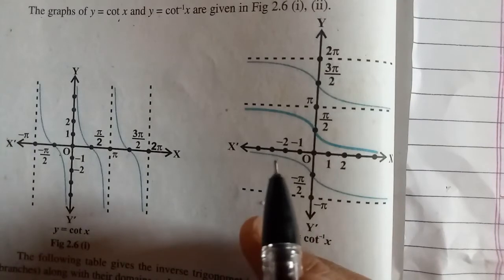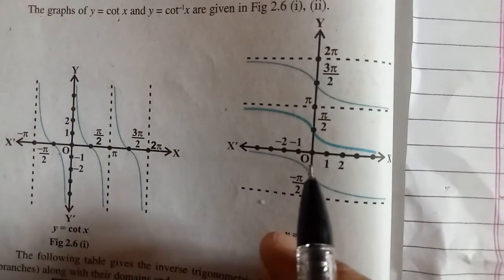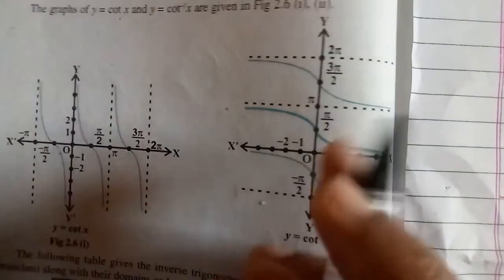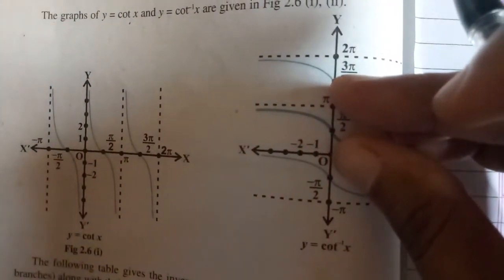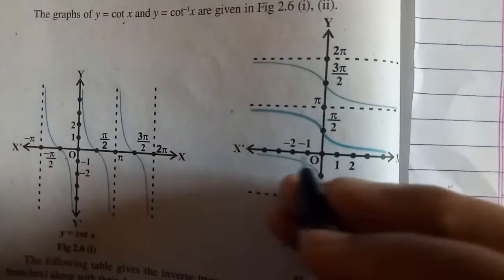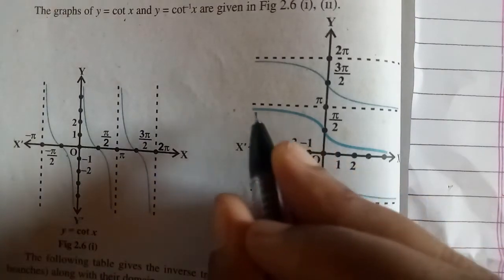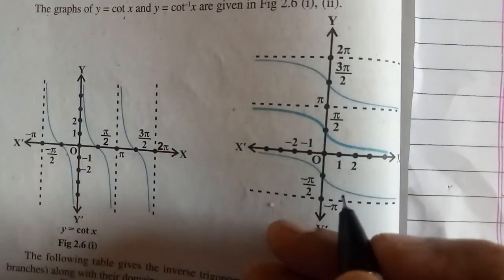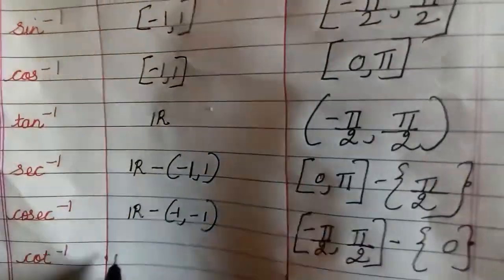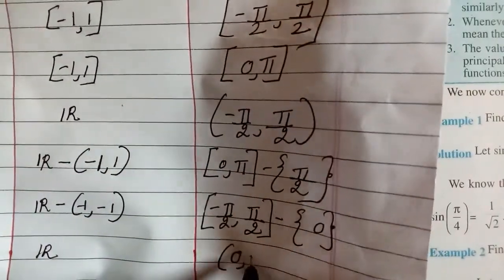Now next one, what is the range of this function? You can see that it is coming between 0 and pi. Can you see it is between 0 and pi? All this behavior of the function is happening between 0 and pi. If it is down, it is happening between 0 and minus pi. But I am going to consider my range as this, as I said, I will give preference to positive y. So now I am going to write my cot inverse as real numbers and 0 to pi.